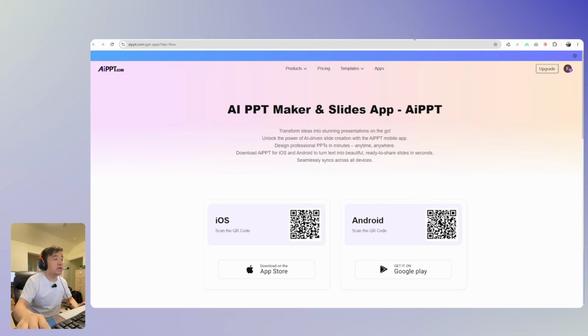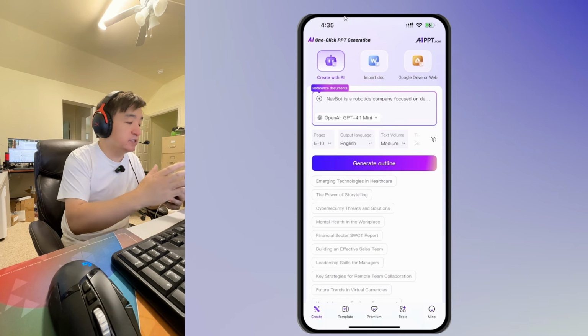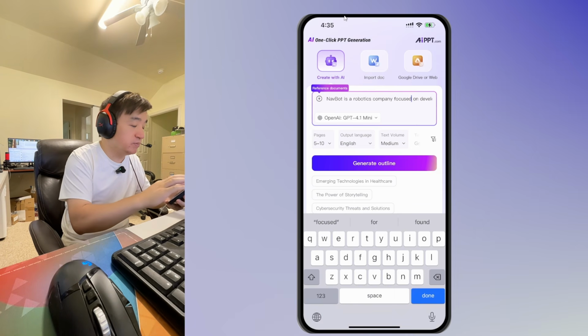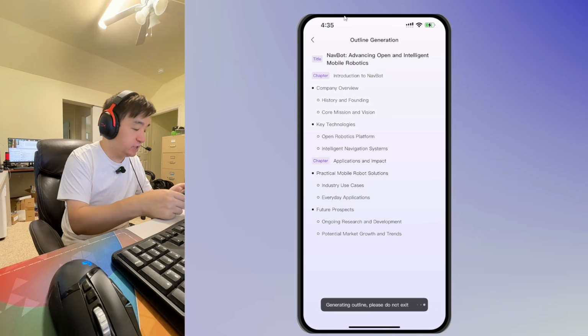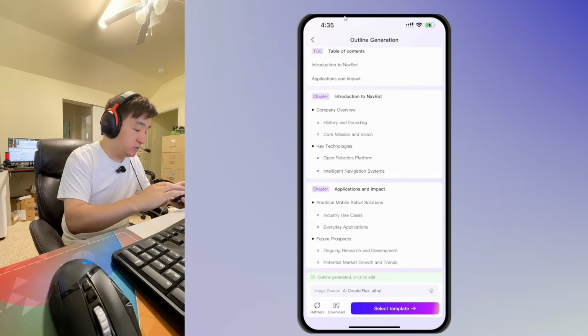So one more thing I need to mention is the mobile app. The AIPPT also supports the mobile app. I already have it installed on my iPhone, so it's here. And this is not something shrunk. It comes with all features, the same as the PC version. Let's put the prompt here and generate the outline, whatever you could do in your PC version. So you could even pick